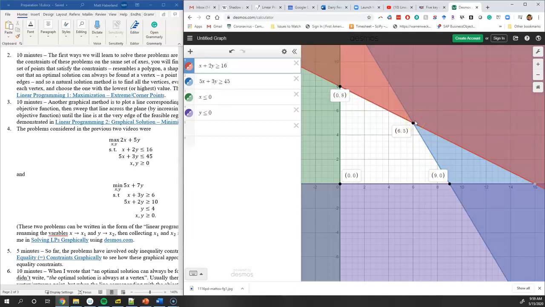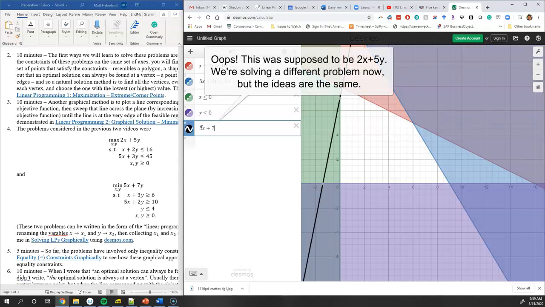I'm not going to do all the mental gymnastics. So let's start with the second graphical solution approach, which is drawing that objective function. Instead of evaluating all of the extreme points according to the objective function, we're going to draw a line of constant value of the objective function. The suggestion here is that we do 5x plus 7y